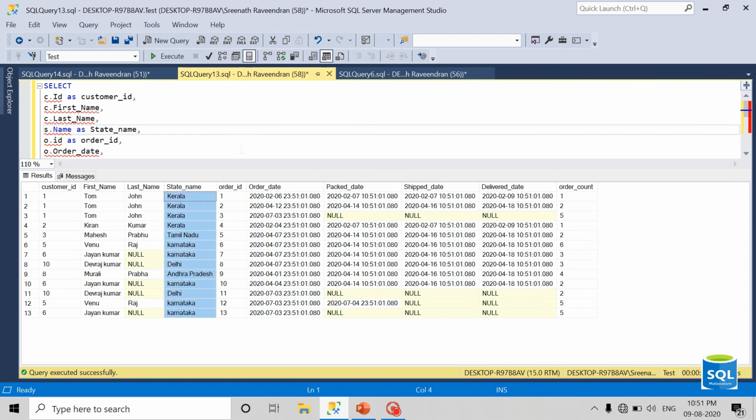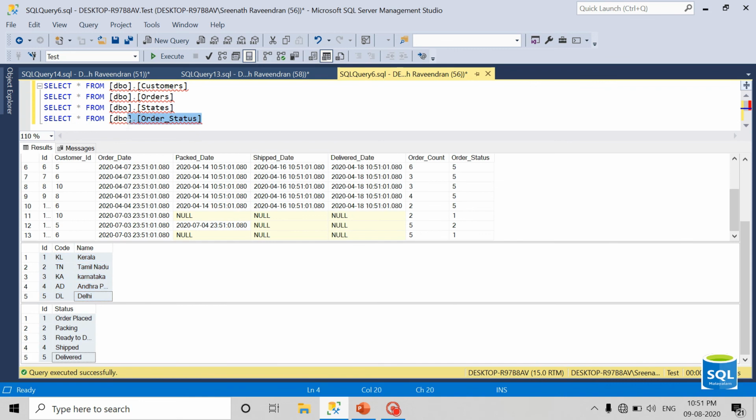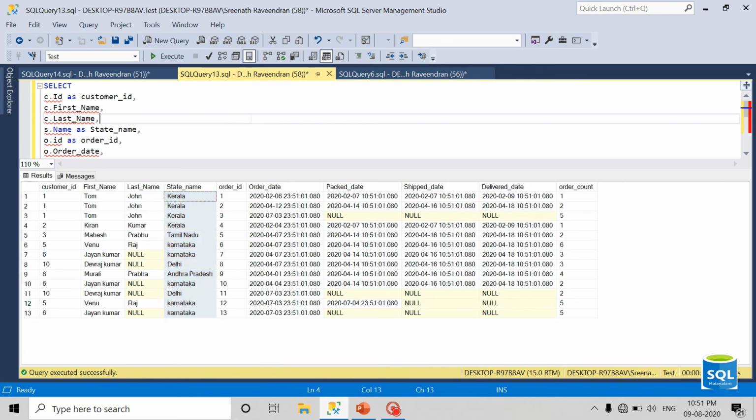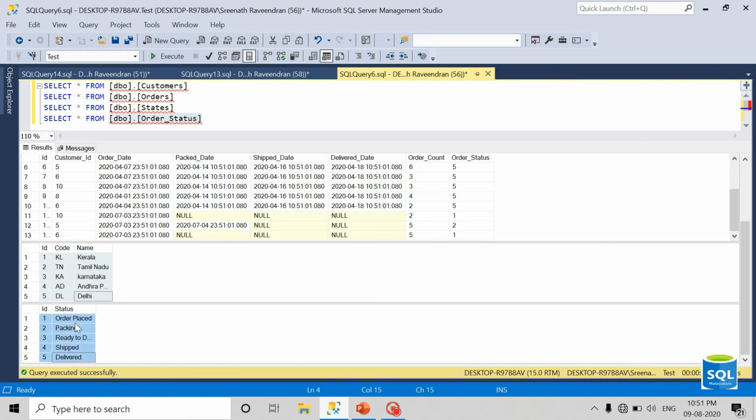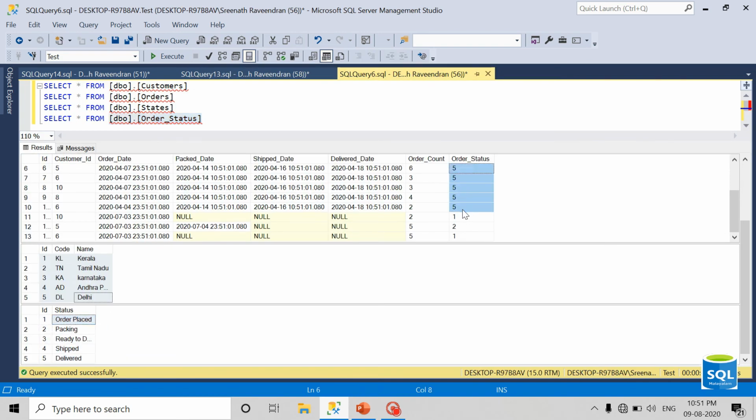Now I need to select the order status also, so I can use the inner join. I can repeat it, with OS as the alias name I am using, OS dot id equal to o dot order status. You can see here is the order status, and here is the master table order status, with ID and status as the columns.